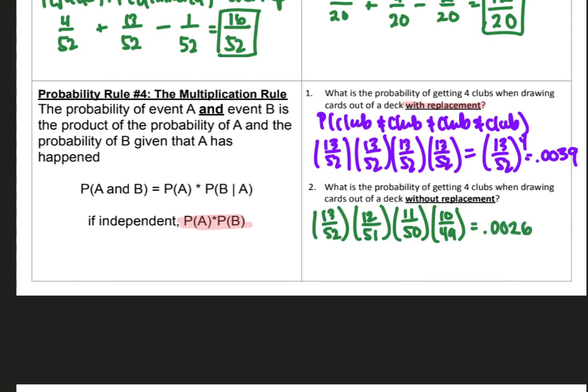So that probability is slightly lower when we're not replacing the cards. This is an example of this particular rule here. Regardless, you don't really have to think through if an event's independent or dependent. Just know that when you are finding the probability of 2 events happening, both of the events, meaning A and B, we multiply those probabilities. How you think about the second probability might be affected based off the first one, whether they're independent or dependent